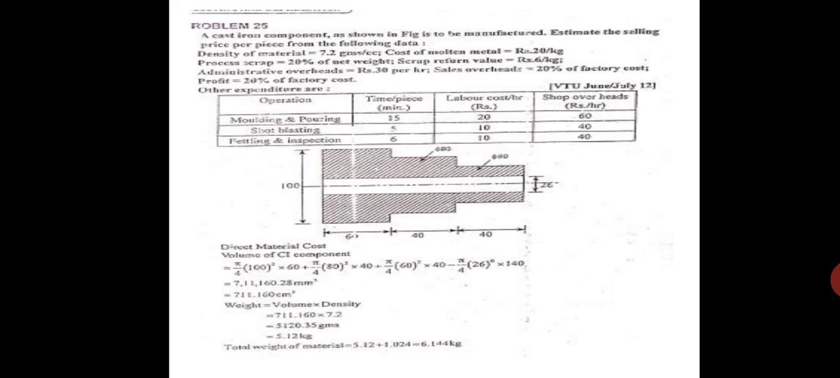But here what he has given, there is 20% process scrap. So what you will do, 5.12 into 1.2. Or you can add like what he has added, 5.12 plus 1.024. This 1.024 is the 20% scrap. Or you can say 5.12 into in bracket 1 plus 0.2. You will get as 6.144 kg. So the total weight is